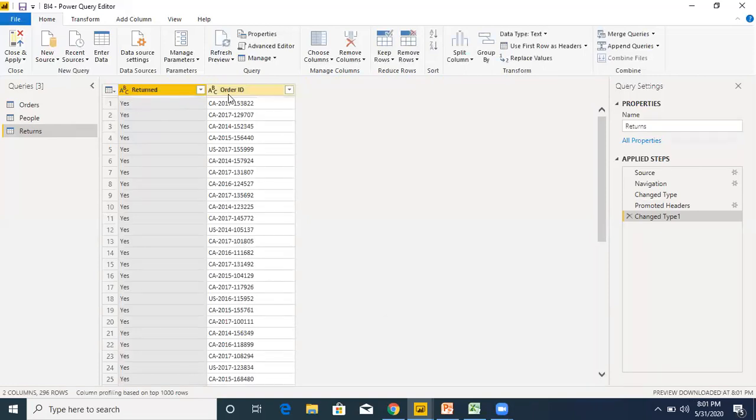So now the names of the columns are return and order ID. Now again, we'll add one more table here.